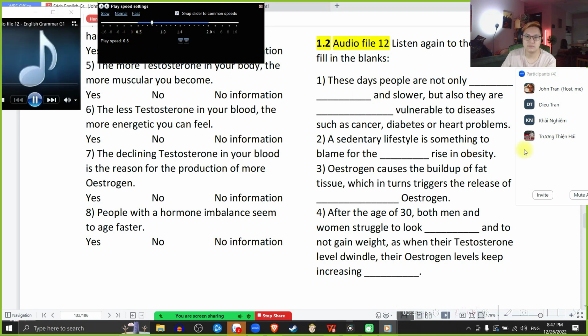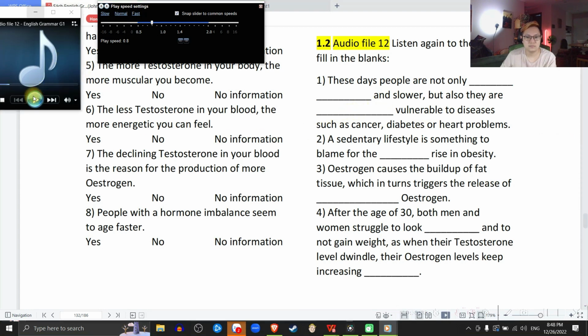Good afternoon, and welcome to this talk about how to keep fit and healthy. I'm Jenny Smith, head of the Association for Public Health. Nowadays, it's quite common for people to complain about their own weight and the inability to shred some pounds, regardless of what they do. Compared to the data of the 1960s, these days people are not only more overweight and slower, but also they are much more vulnerable to diseases such as cancer, diabetes, and heart problems. So what has led to this situation? Well, a sedentary